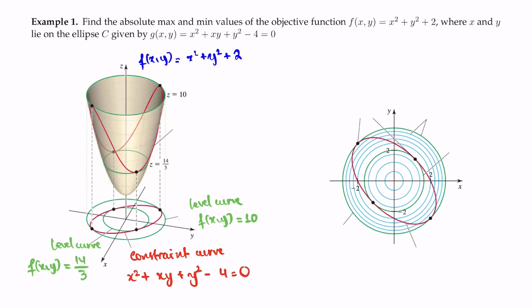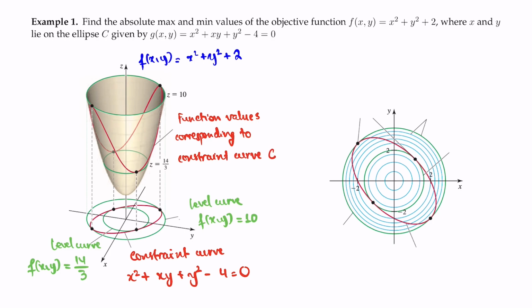Again, here you can see z equal to 10 is this curve right here projected onto the xy plane. When z equal to 14 over 3, you have this little curve here, and then this gets projected onto the xy plane. And the red curve in here is called the function values corresponding to the constraint curve